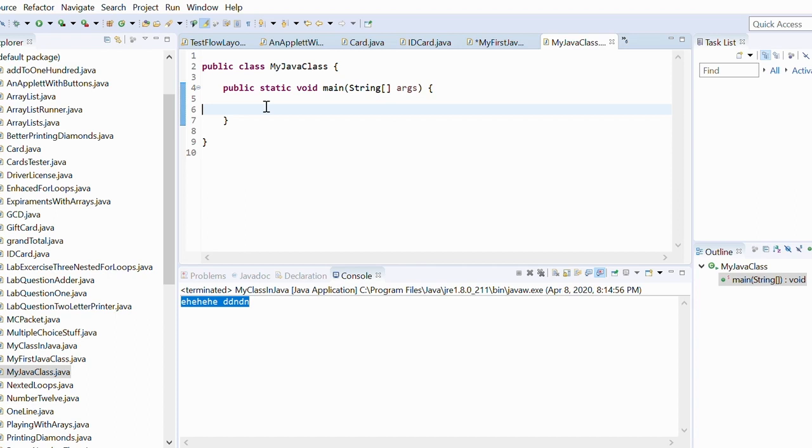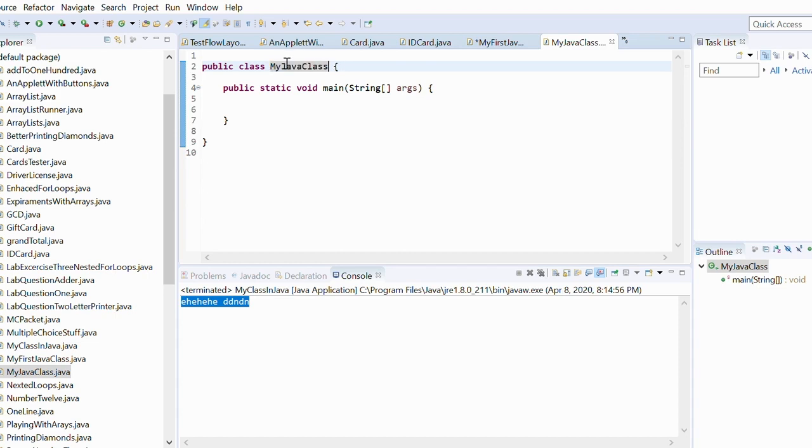So, once you have an IDE, I recommend Eclipse for aspiring programmers who are new to Java. And Eclipse is what I will be using throughout this series of tutorials. Anyways, once you have an IDE open, go ahead and create a new Java class, and then title that class whatever you want. I titled my class My Java Class, and by convention, I used the camel case naming setup,